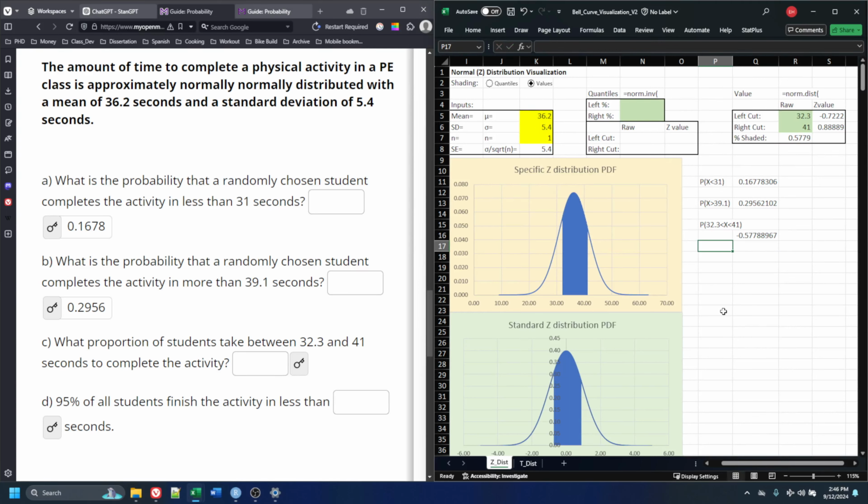Now, I have done something wrong here. Notice how I have a negative number here. Remember, probabilities can't be negative, so what did I do wrong? Oh, it looks here that I subtracted the large number from the small one, so we just need to swap out those numbers, 41, and we'll do 32.3, and there we go, our positive